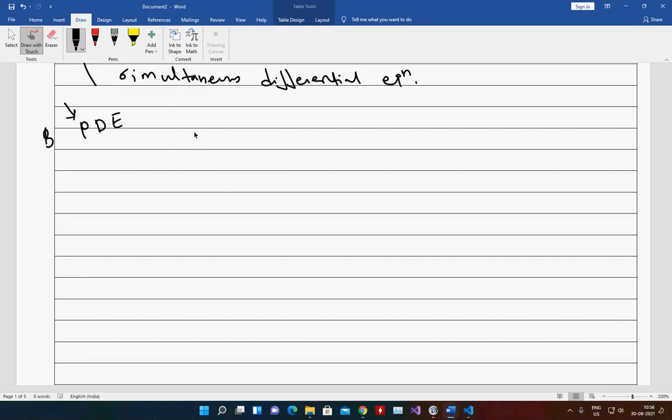So I write the equation basically dy by dx is equal to f of xy. This is my first order equation. So my dy by dx equal to f of xy. It could be anything, maybe something like x equal to y square. So this might be the equation, and this is what we have to solve.